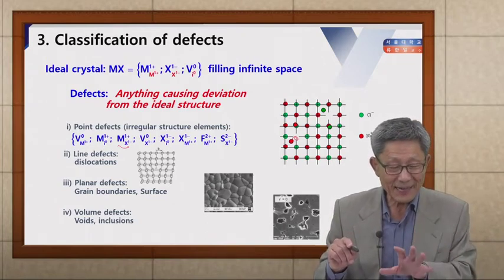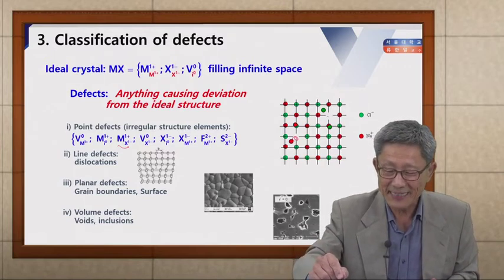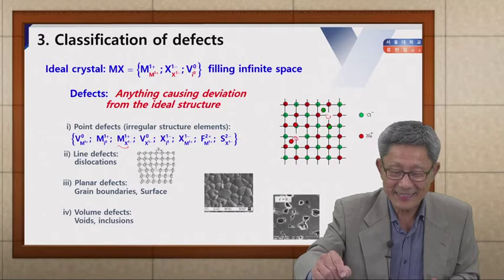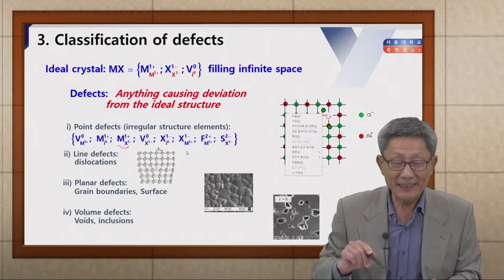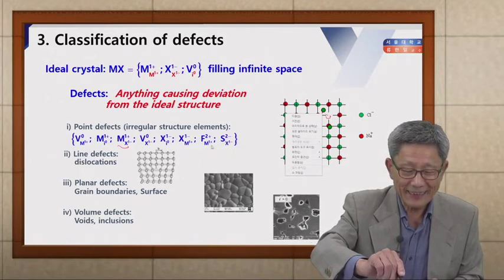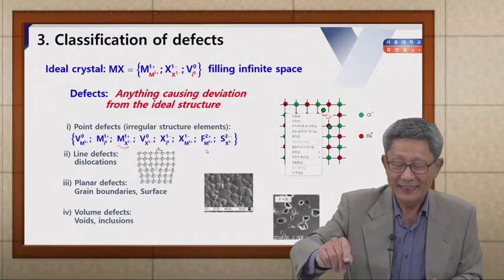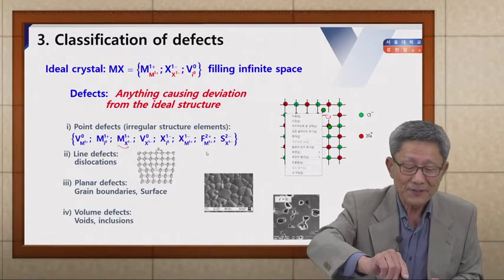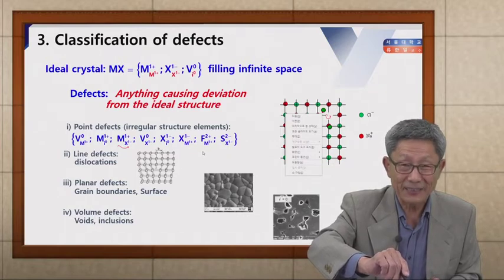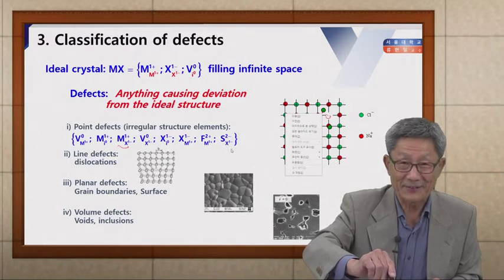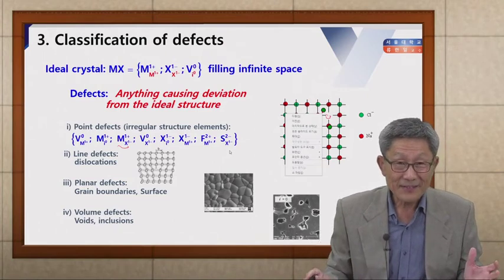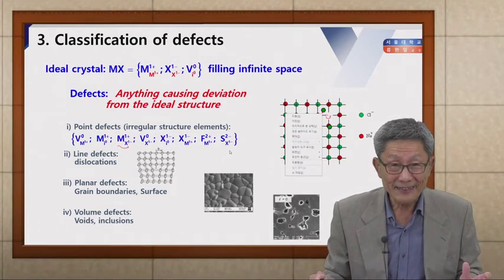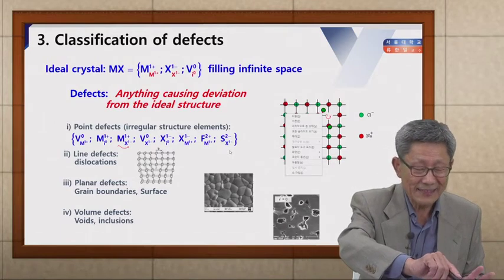The same thing can happen to the anion sublattice, namely a missing anion, an interstitial anion, and a misplaced anion. And furthermore, say, foreign cations on the cation site, namely cadmium on a sodium site, which makes an impurity defect. And also a stranger ion on the anion site. So this is also an impurity defect. So that's all. Can you imagine anything else? That is exhaustive. So let's summarize once again.